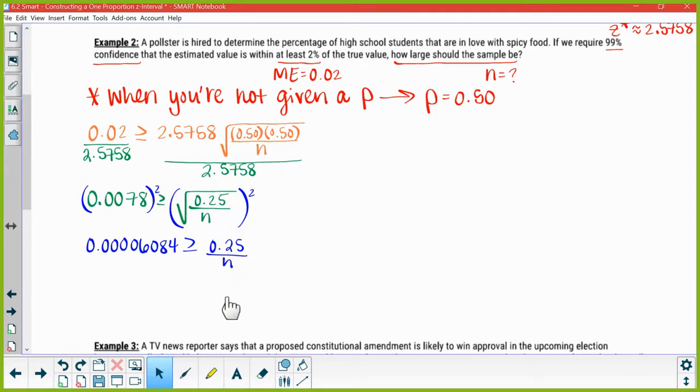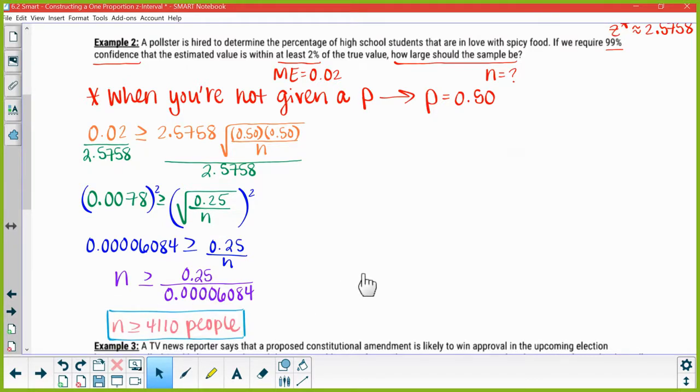And with some reciprocal magic, some fraction work, I would multiply by n, but then I would divide by 0.00006084. So that gives me n is greater than or equal to 0.25 over that really long decimal. And from here, you just calculate. You need at least 4,110 people to have a margin of error of at least 0.02. So first you divide, then you square, you do some reciprocals, and it's just a calculation. Now, I would not write this down and round it